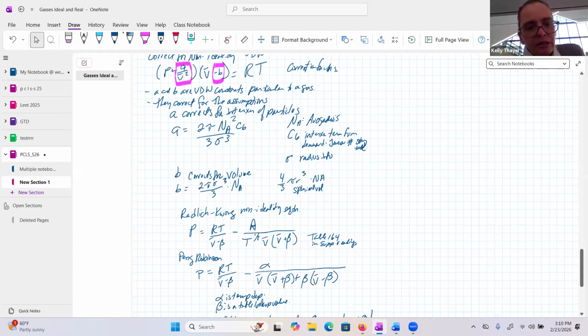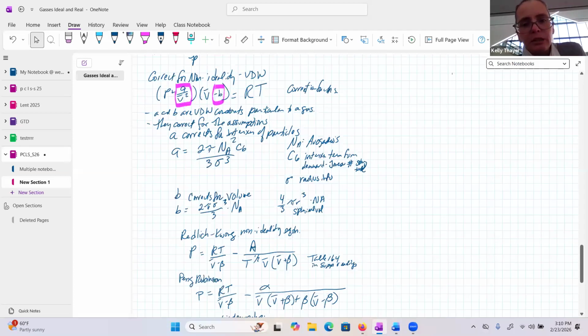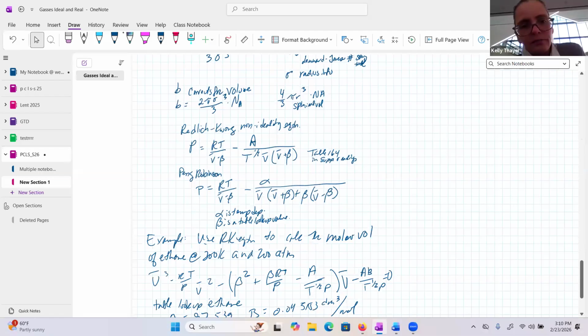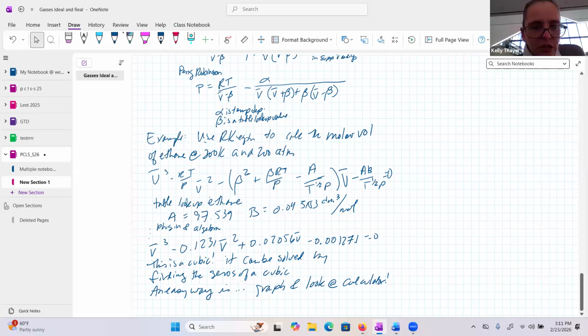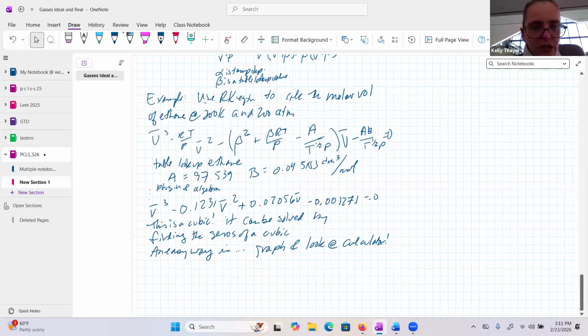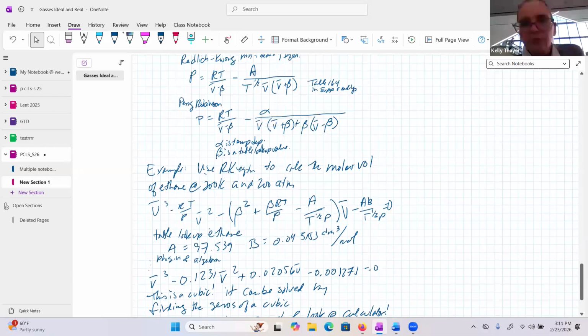The Peng-Robinson and the Redlich-Kwong are other attempts at doing this, but their values are not necessarily actually based on physics. They are based on measurements, right? Empirical observations. So those are two different approaches into understanding how things are working here. And they are two different approaches to doing things like making force fields, to do molecular simulations. And we will see that these will show up as we try to explain some of the things we will see in the thermodynamics. So then I gave you the outline of an example of using the Redlich-Kwong equation, which essentially boils down to plugging in a bunch of lookup numbers.